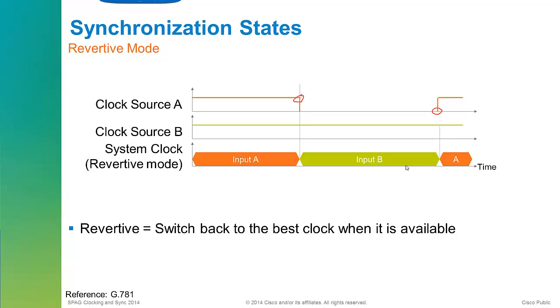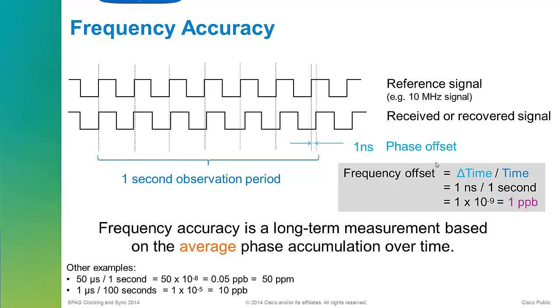Otherwise it would stay using B until something happened, and then it would only go back to A if it had to go through and find another clock source. So there are the basic principles that we want to cover: free running, revertive mode, holdover mode, and locked. And of course locked is what we want. Now what I want to touch on is